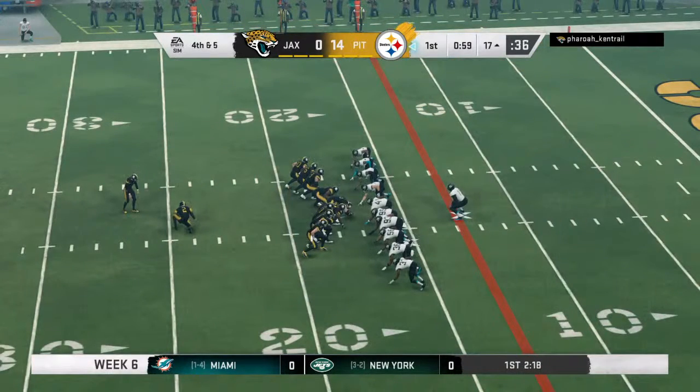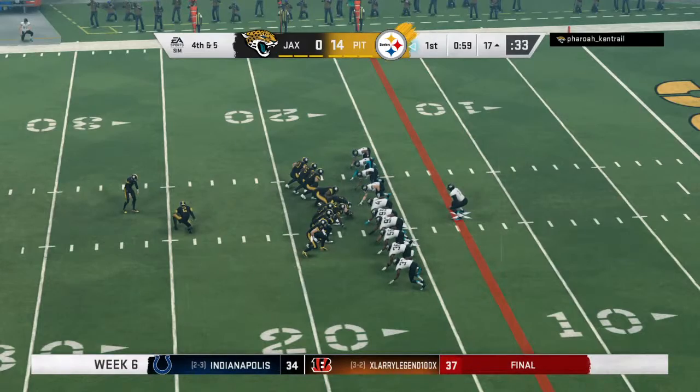You're down 2 touchdowns. You just know defensively, you absolutely have to come up with a...